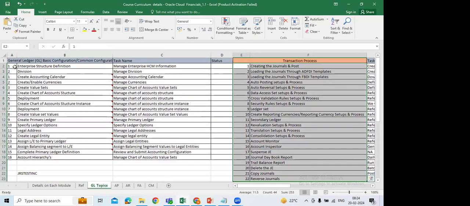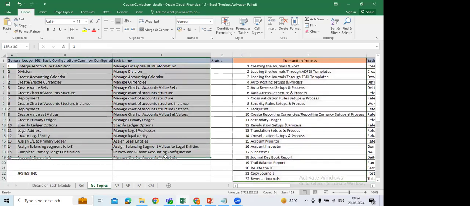But this would be the generic standard functional configuration which you do. Whatever client you go to, apart from this configuration, you cannot move forward. Once you've done this, then based on this, in case they ask for additional configuration, you can go ahead and understand that functionality. That way we can do that.